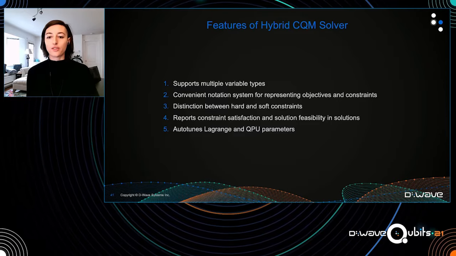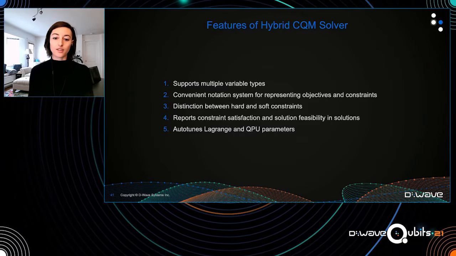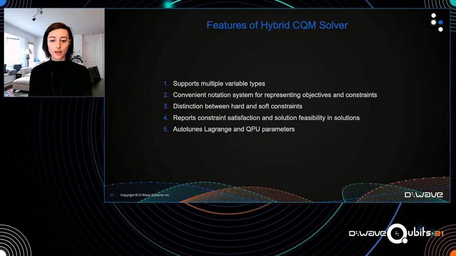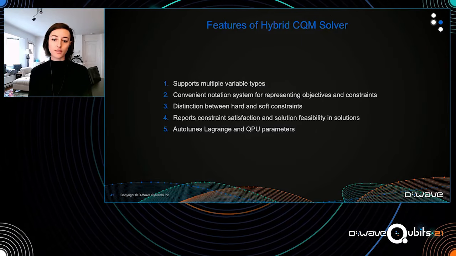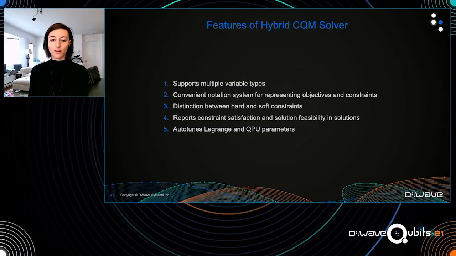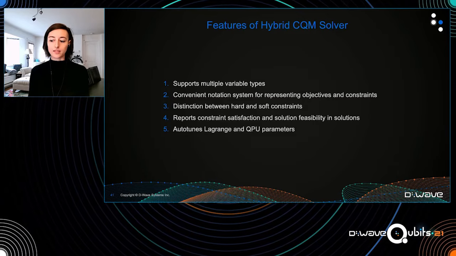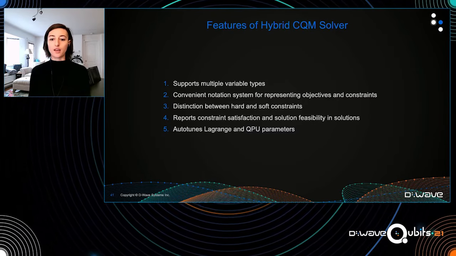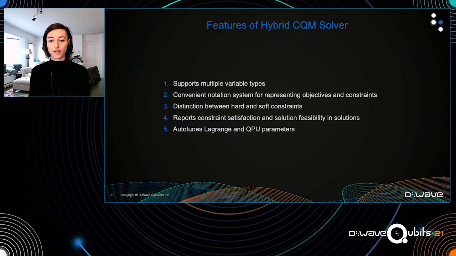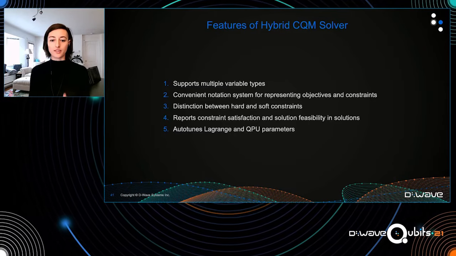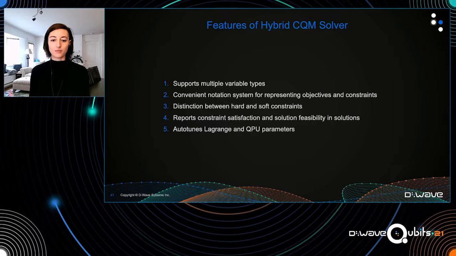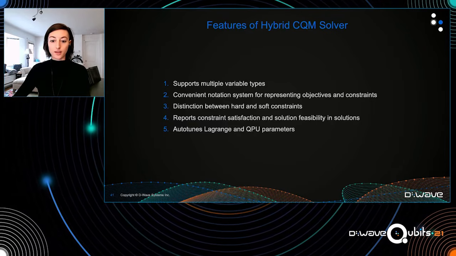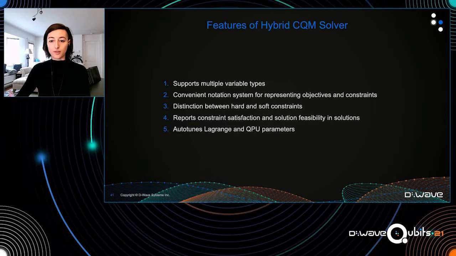With that, it's worth noting that the CQM solver does tend to take a bit more time than the BQM or DQM solvers. However, in the long run, it's still much more efficient to use the CQM solver because you don't have to manually tweak the Lagrange parameter, resubmit the problem, and continue to iterate on that process. We handle that all for you. So that's a huge benefit of using the CQM solver as well.